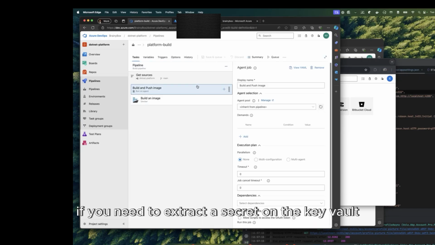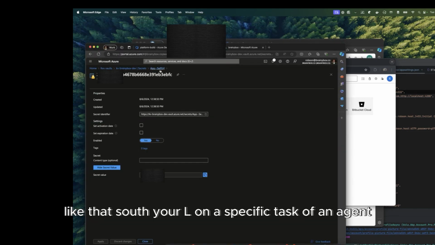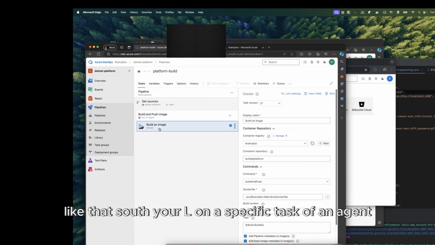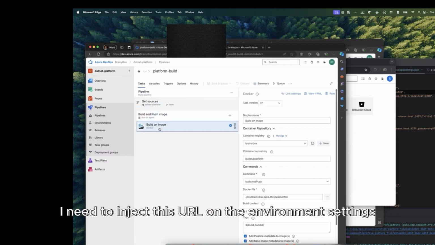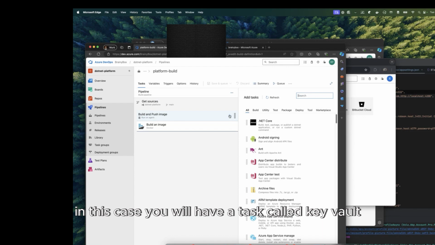If you need to extract a secret on the KeyVault that I showed you, like the app self URL, on a specific task of an agent, like I need to inject this URL on the environment settings on Angular because it will build the Angular with the correct environment variables, and then we will publish. But you'll need to extract those variables from a KeyVault. In this case, you will have a task called KeyVault,